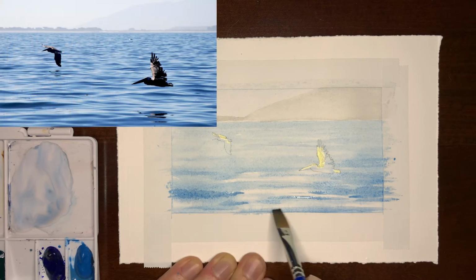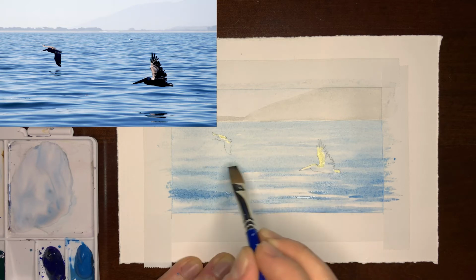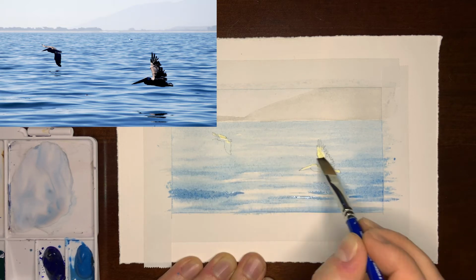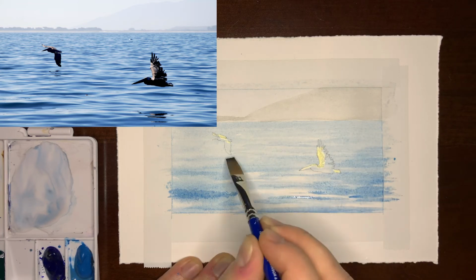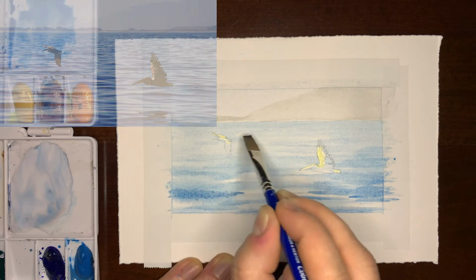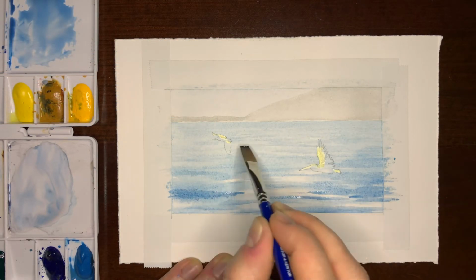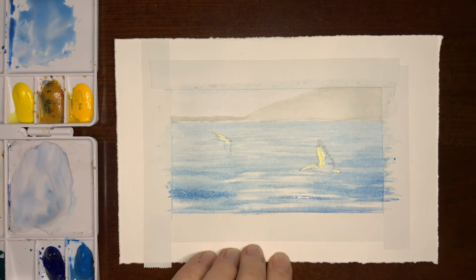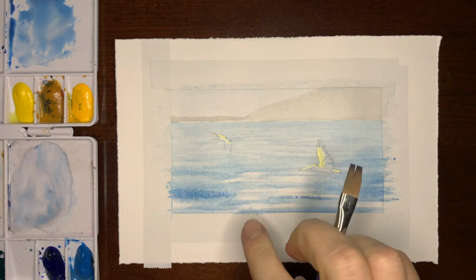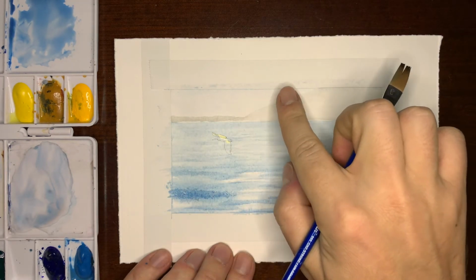Okay, so adding in these marks. I'm casually looking at my reference for this, but also just kind of going with my gut in creating these. And then again, using those general rules. So the further these go back, the more flat and squat they become, and smaller and more diffused. So I'll wait for this to dry, and in the meantime, looks like this back part is dry now,